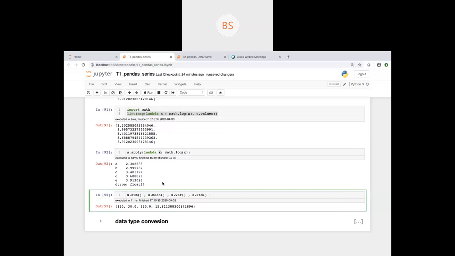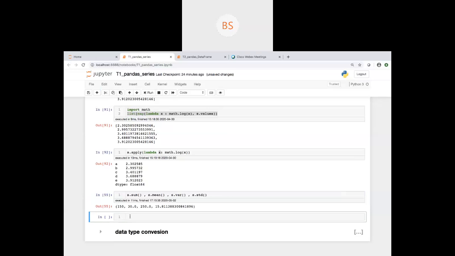Of course, let's say you have some complicated formula. Let's say you have an x value, and you want to change it to something like e raised to the power x plus e raised to the power minus x.